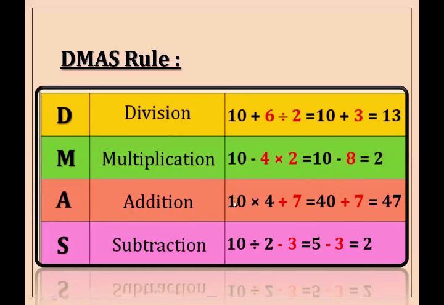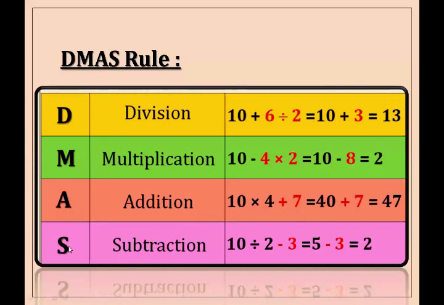Here we have the question 10 multiplied by 4 plus 7. But students, you already know that if you have a question in which division, multiplication, addition and subtraction, all the operations are given to you, firstly we have to solve the division, then multiplication, then addition. So here firstly we solve the multiplication. 10 multiplied by 4 is 40, then plus 7. Then 40 plus 7 is equal to 47. In your question, if multiplication and addition both are given, firstly you have to solve the multiplication, then the addition.